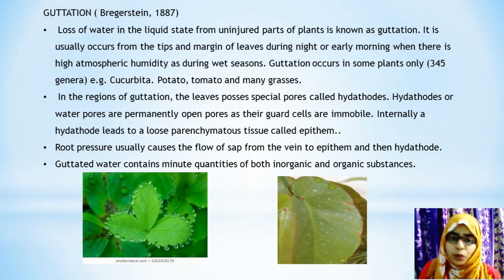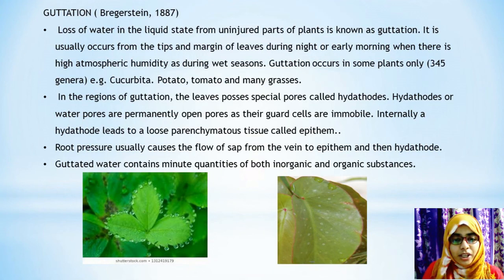Why night time? Because during the daytime transpiration takes place. Movement of water is taking place through stomata. But during the night time, when there is no transpiration taking place, where should this water go? To avoid the extra pressure in the plant, this water goes through these hydathodes which are present at the leaf margin. That process is called the guttation process, which was discovered by Burgerstein in 1877. Through it, the water is evaporated in the form of liquid droplets during the night time.